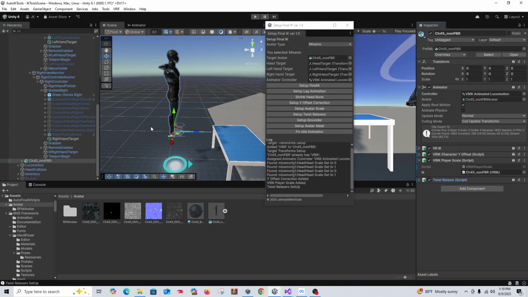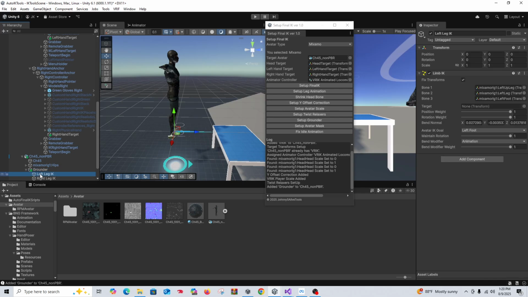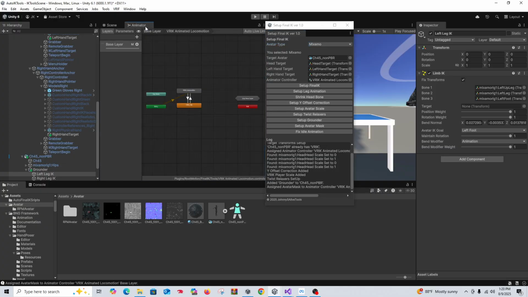And then grounder, so your legs will match the plane if you're going uphill or whatever. It'll set that up for you. Everything's assigned. There you go. Avatar mask, if you want to use one, it'll create an avatar mask and then it will assign it to